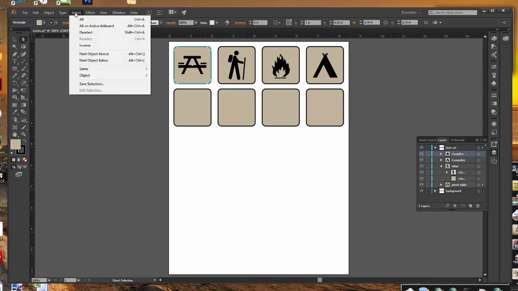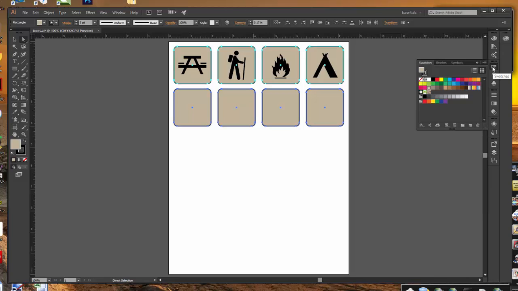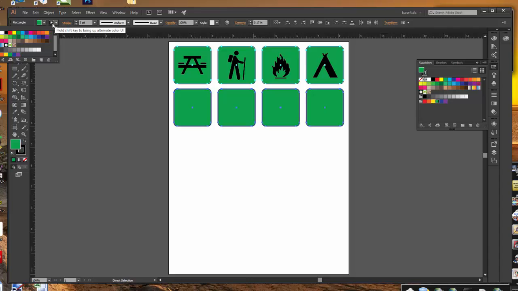Next, go to Select and choose Same Fill Color. That's going to select all of our artwork, and we can then go into the swatches panel and pick up a nice medium green. How about this one? One change and everything has changed. At the same time, we're also going to change our stroke to none